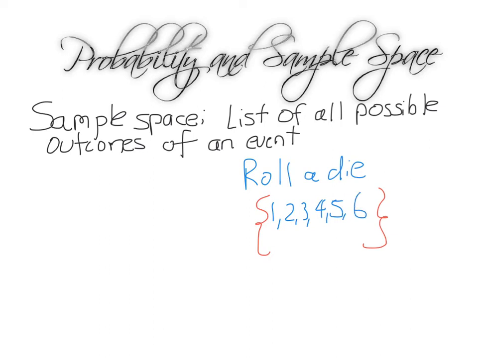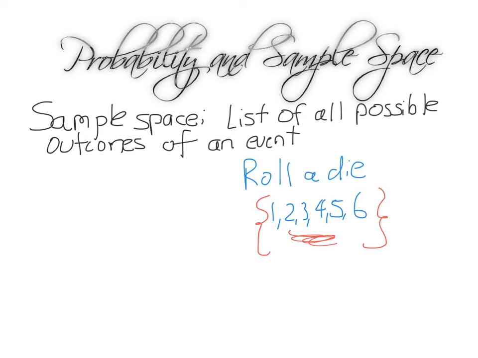So in these squiggly brackets here, you can see the list of all the things that could happen if I roll a die. I didn't write heads in there, because if I roll a die, no chance I'm going to get a heads. I didn't write anything about NRL in there, much as I'd like to, because that's got nothing to do with it. This is just the things that may occur when I roll a die. You can get a 1, 2, 3, 4, 5, or 6. Now that's all you have to do to list the sample space.